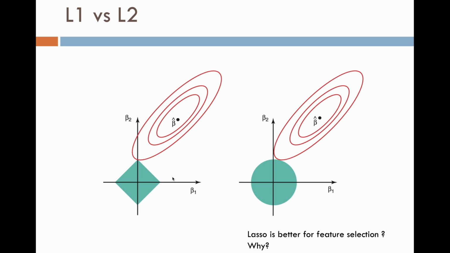We'll just see. One thing which people always say is that L1 is better for feature selection also. It is not just for regularization, but it is also used for feature selection. Let's try to understand what we mean by that. And this can be best explained graphically like this. Now friends, try to pay attention here. Now when these ellipses are increasing in a two-dimensional space, in two-feature space, beta 1 and beta 2, what are